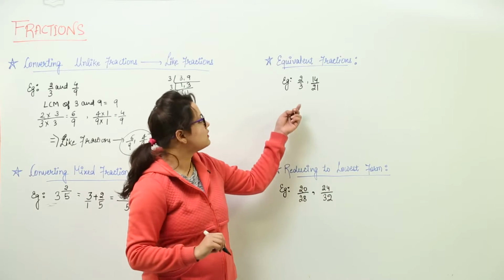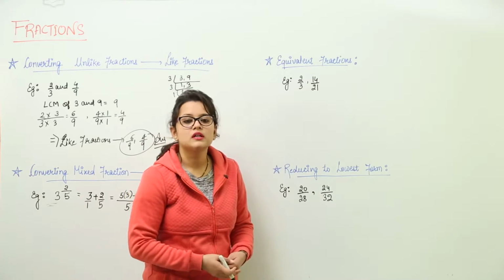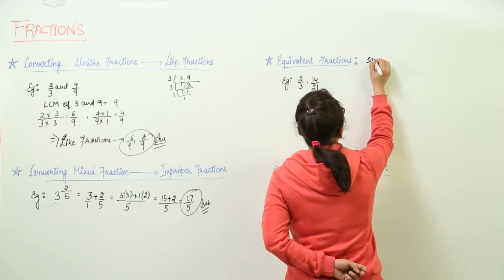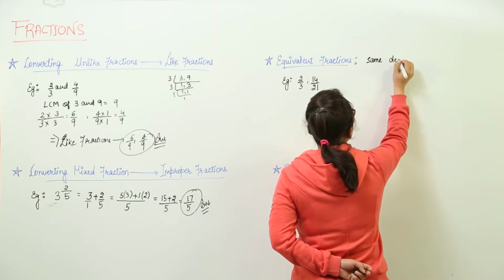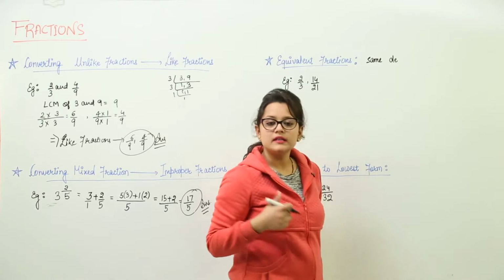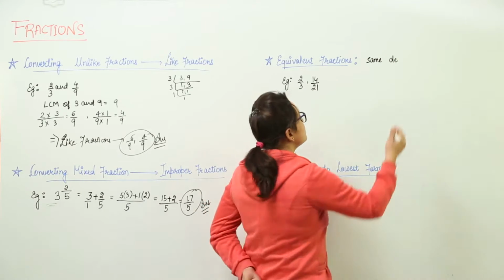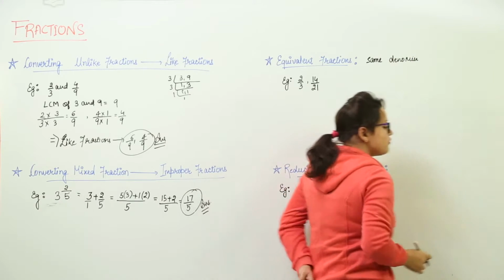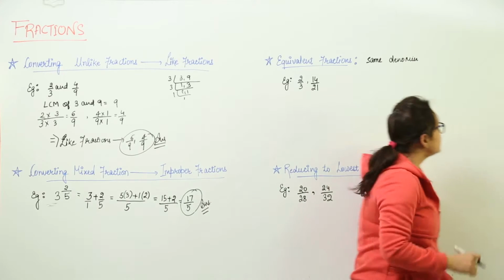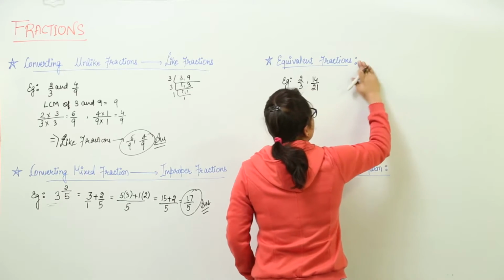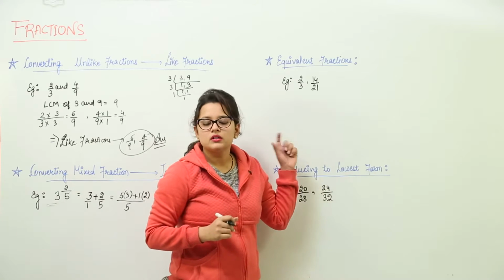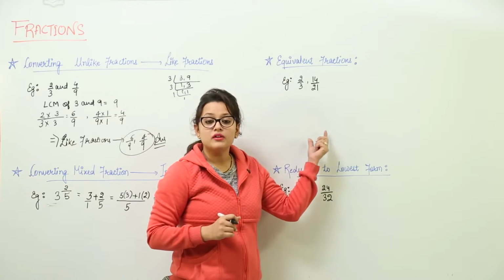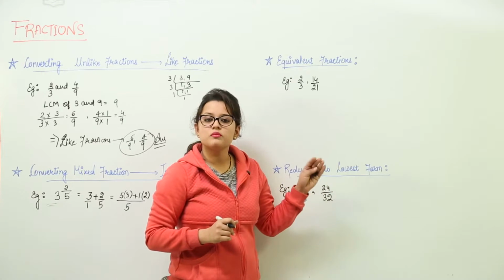The next one here is equivalent fractions. Now equivalent fractions are those fractions that have the same denominators, right? Or you can say it can have the same denominators. You can write also the other case. Okay, before writing the denominator case, let us discuss one thing, the equivalent term. The equivalent term here means clearly that the values of both the fractions should be equal.